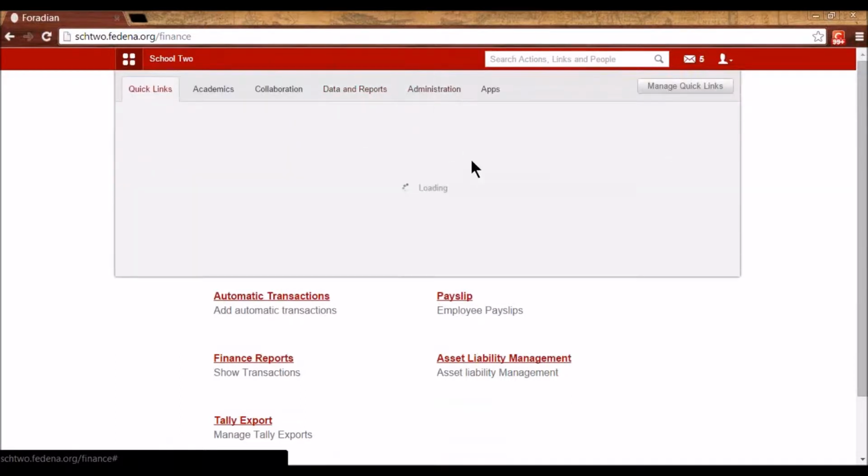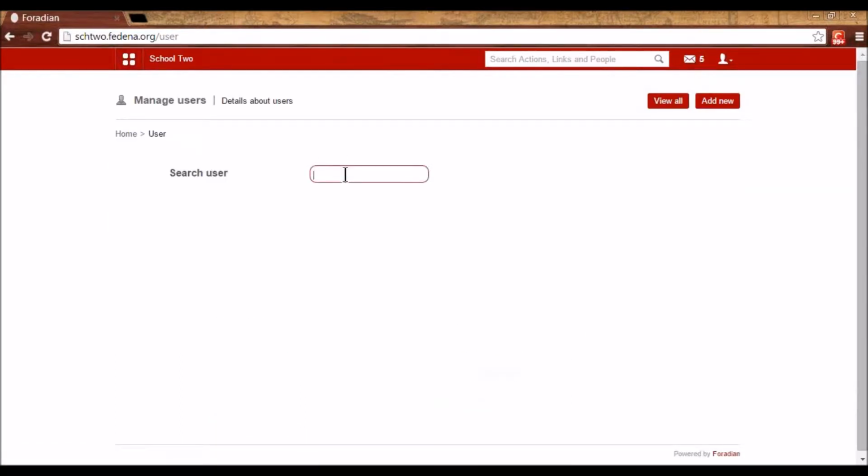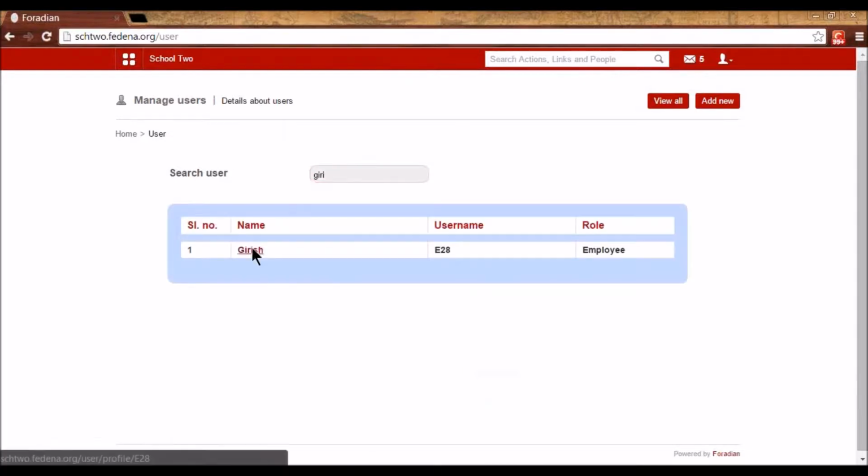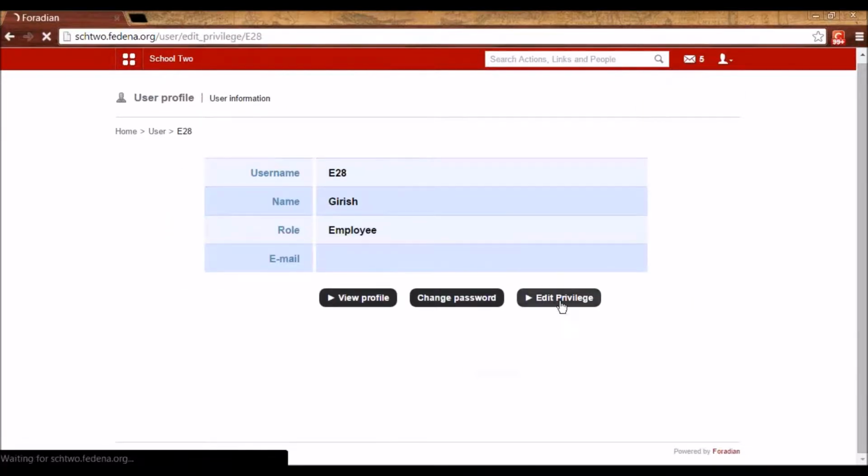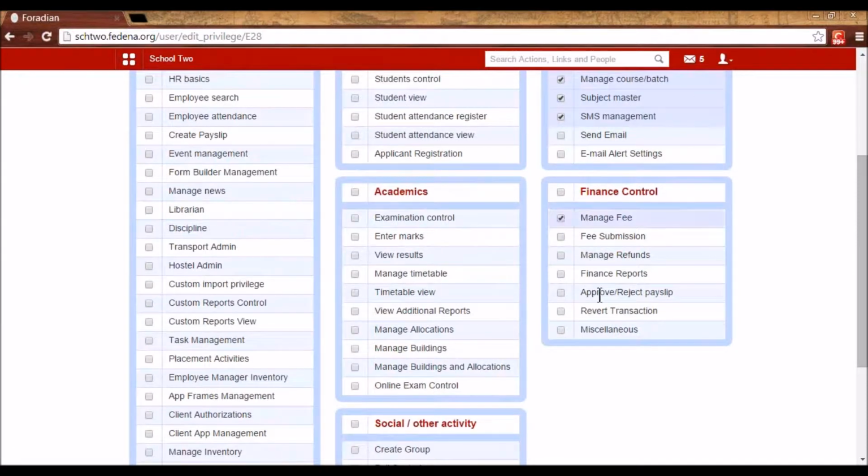When we go to administration, to user, and search the employee, we can edit the privilege of this employee and give him any finance control. Manage fees will allow him to manage, create the fees, create the category, create discounts. Fee submission will allow him to collect the fees.